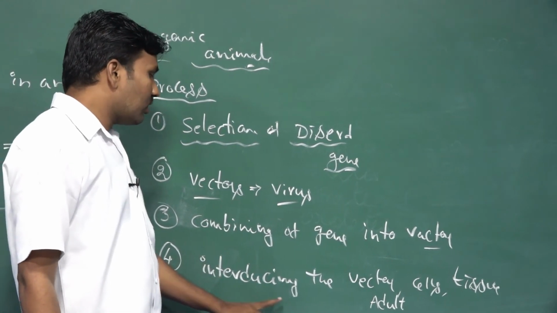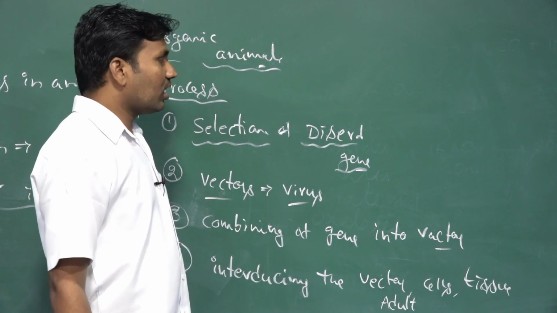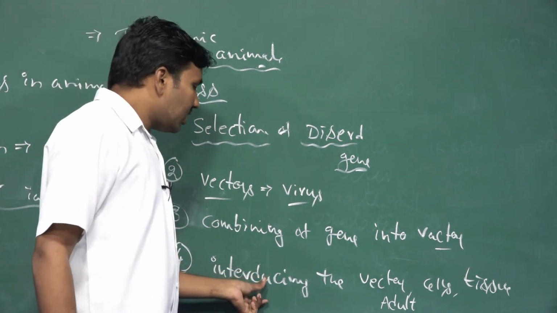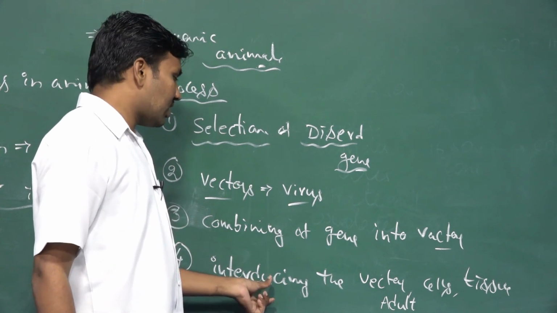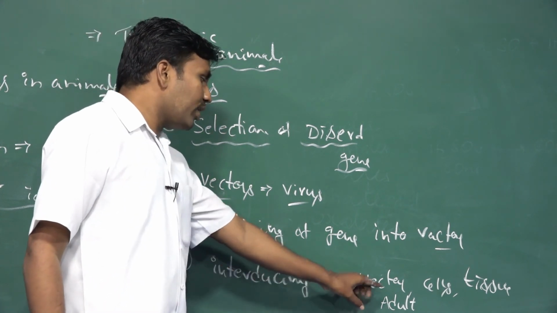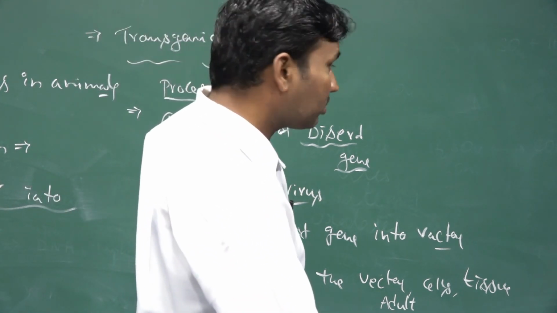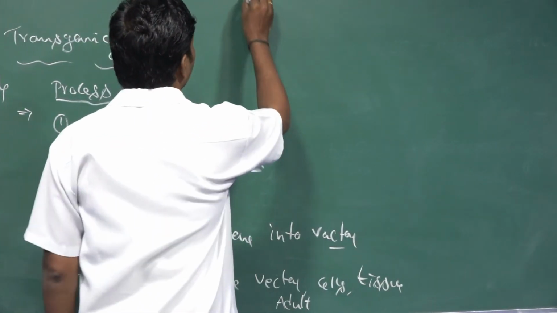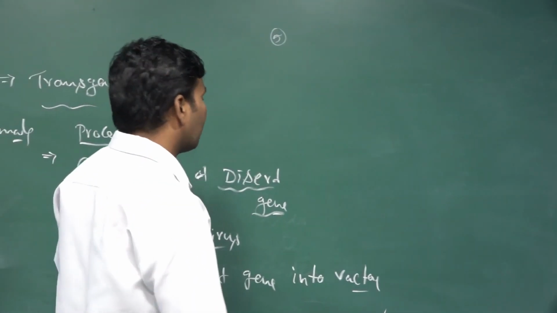The introducing of this vector into the cells, tissues, or adult organism, whatever organism we are going to develop as the transgenic animal, we introduce the vector here. So later, that is the fourth step, and the fifth step we take is